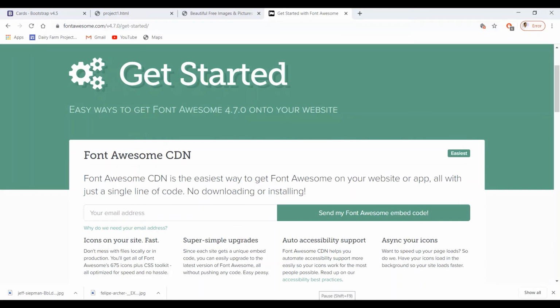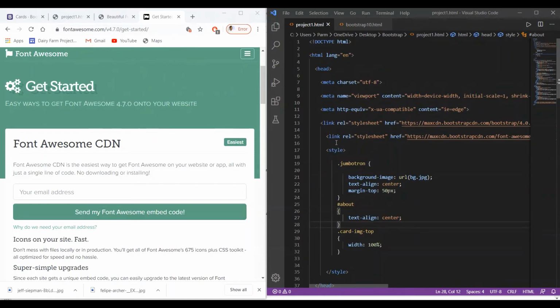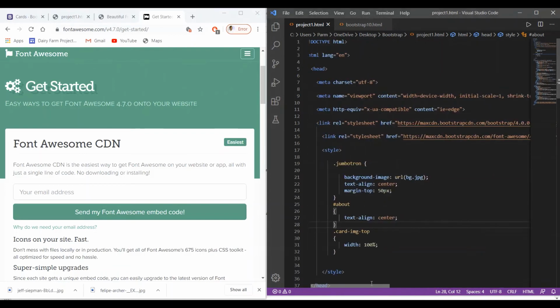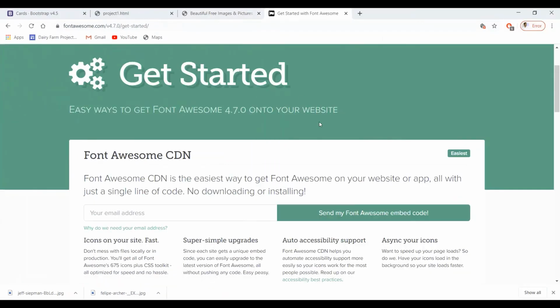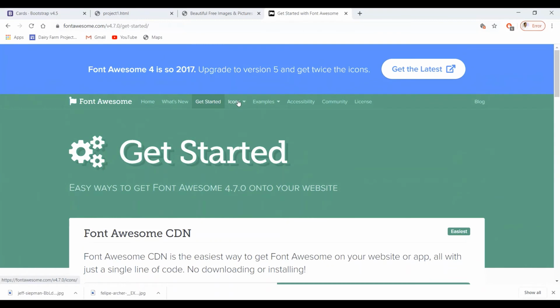I'm just going to copy this from my source to here. So here is the link to include the Font Awesome here. Now we just have to find some icon over here. So for this we just have to click on the icon,